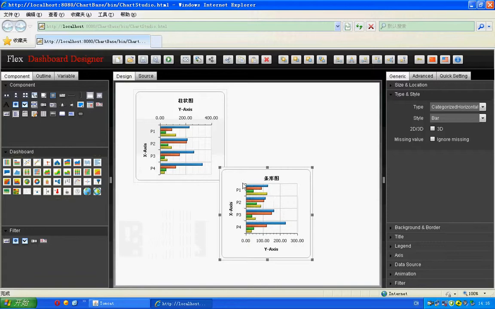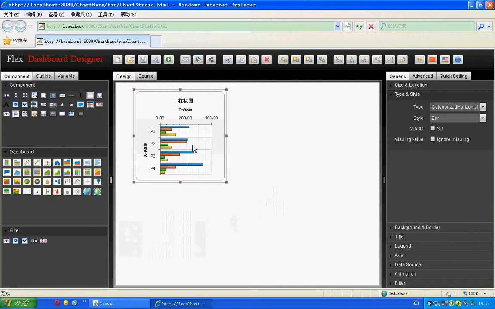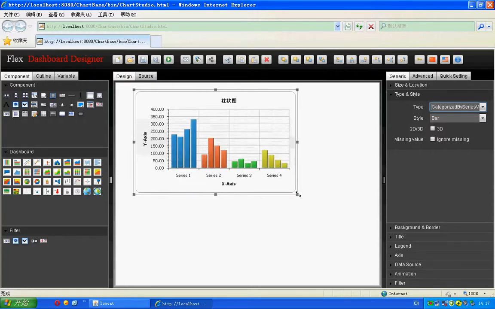Okay, these two charts are the same, even the property settings here. Okay, we delete this one. Now we select the categorized by series vertical. This one. Okay, enlarge. Now the difference between categorized vertical and categorized by series vertical is that the property has been changed to